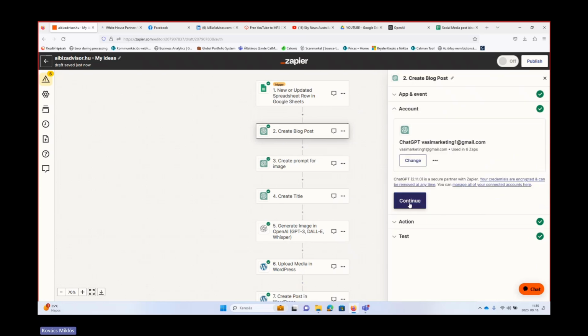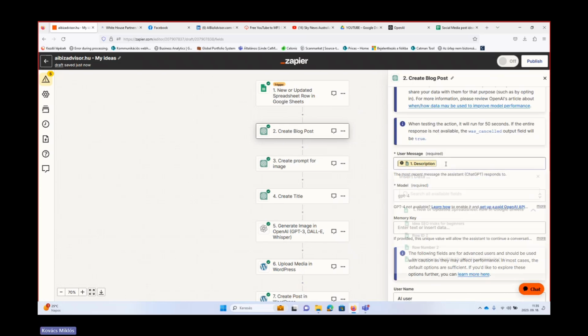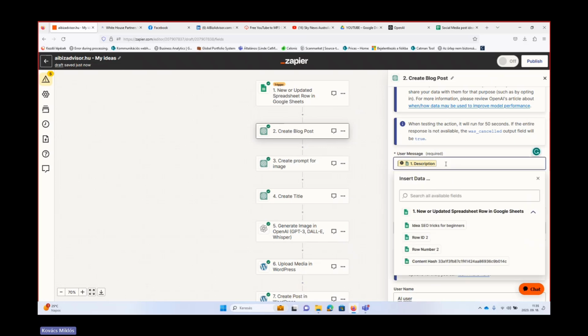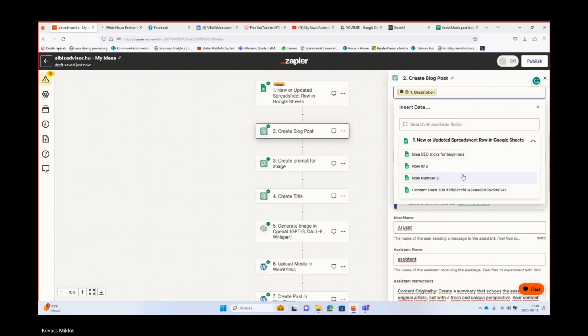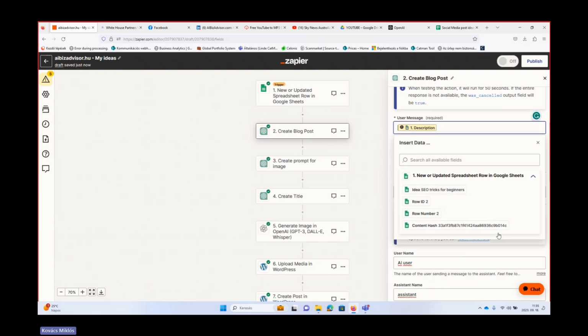ChatGPT, continue, ChatGPT account. Now, again, the only difference is that I will need another user message input, so not an RSS feed, but here it was already updated. So here you can see what I need is my idea, and the other one can be deleted.